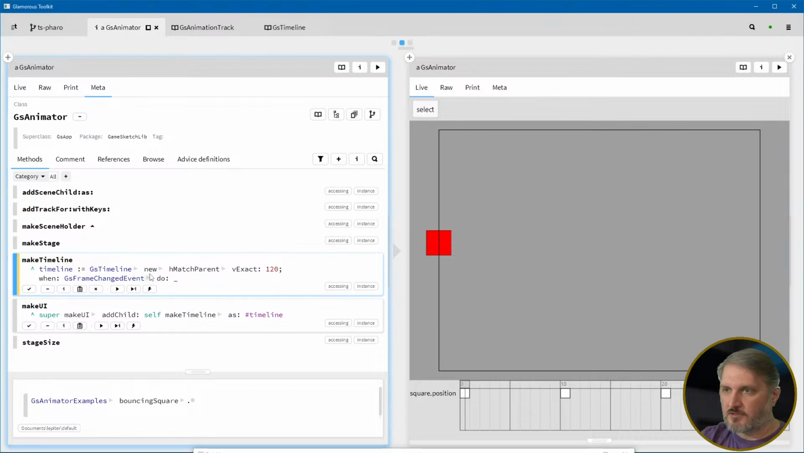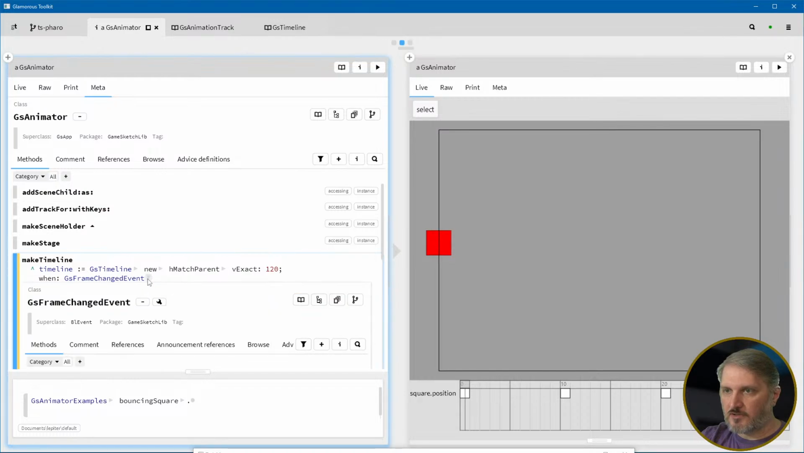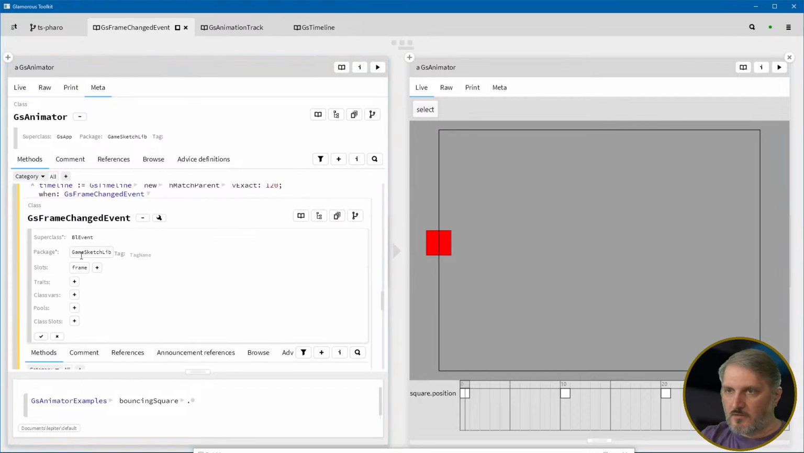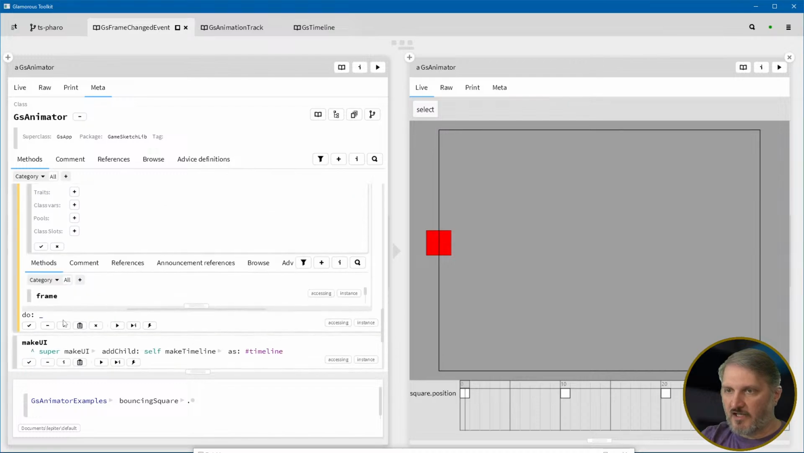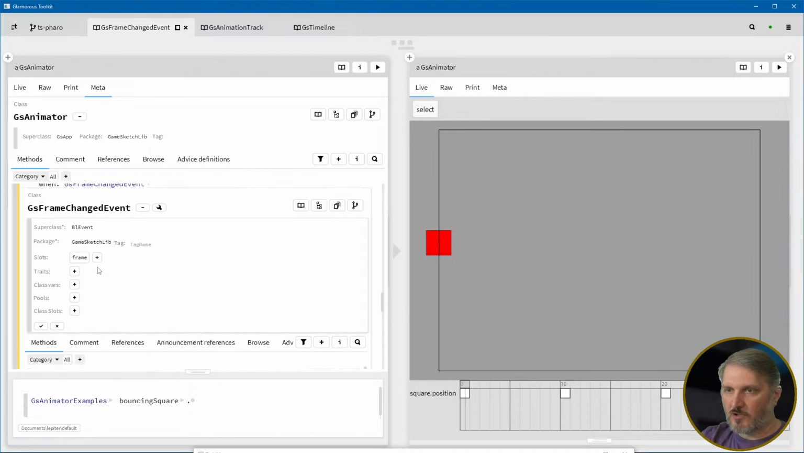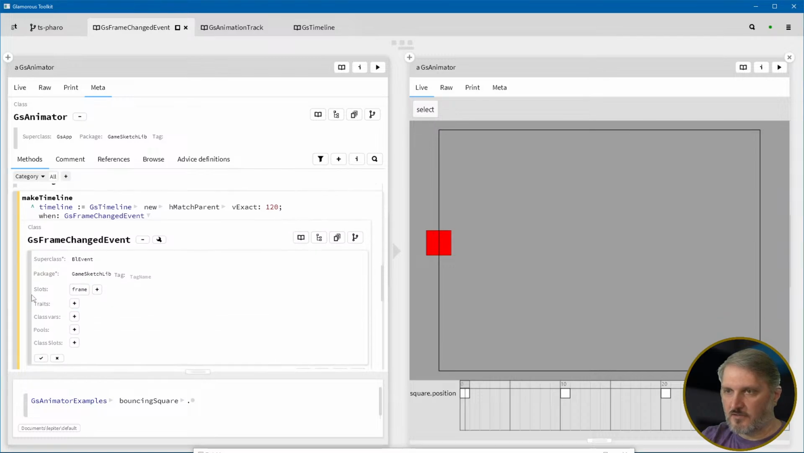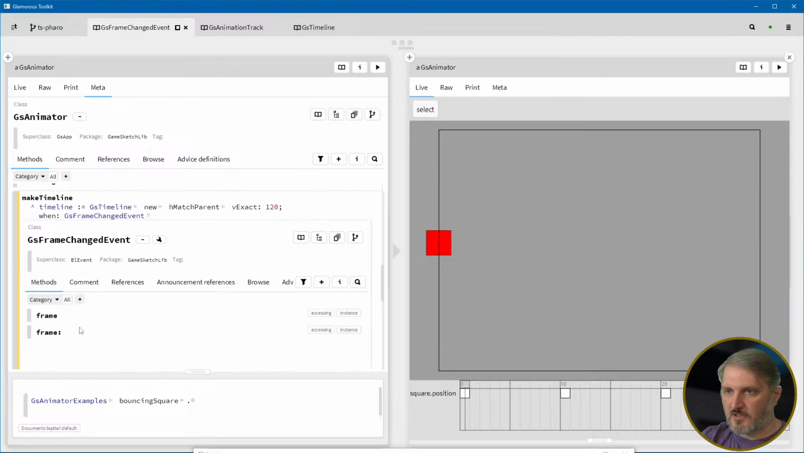Where'd it go? New. Okay, so then we're going to add accessors for this. Create accessors. That should have added frame and frame colon to get and set the value. I'll click this, so we're done. So frame and frame colon are the things here, and we'll just say